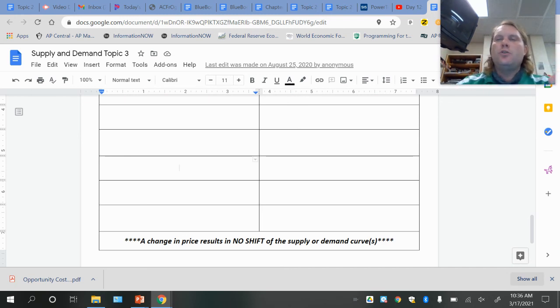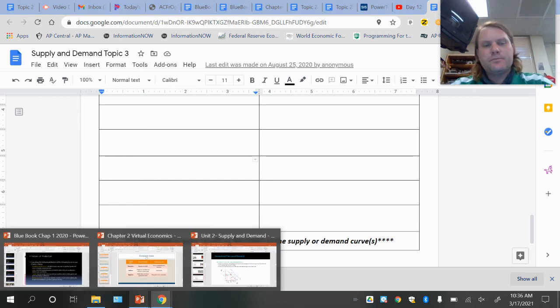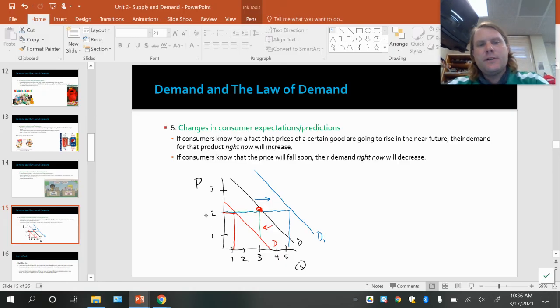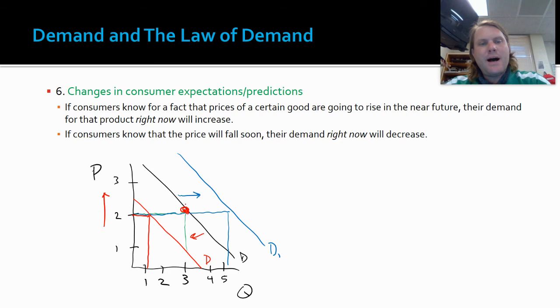I'm going to increase my demand for Burger King. Okay, price of McDonald's goes up. I just know that I'm going to buy less, right? Price of McDonald's increases, I'm going to buy less. The price goes from 2 to 3, I'm going to buy less. Burger King, though, I'm going to increase my demand because it's a substitute good.